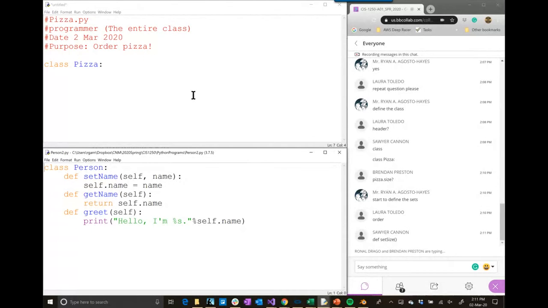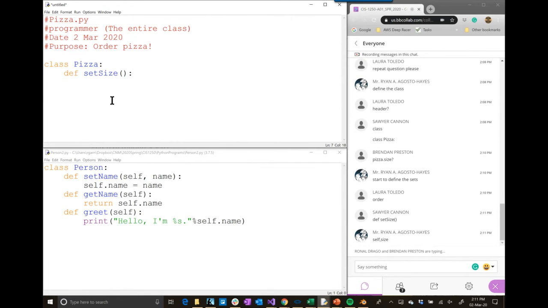And we can look at the other program. Yes, define set size. So like that. What do we need in methods that we don't normally have in functions? Self comma size, yes. So we need the self because this is inside of a class and we want to